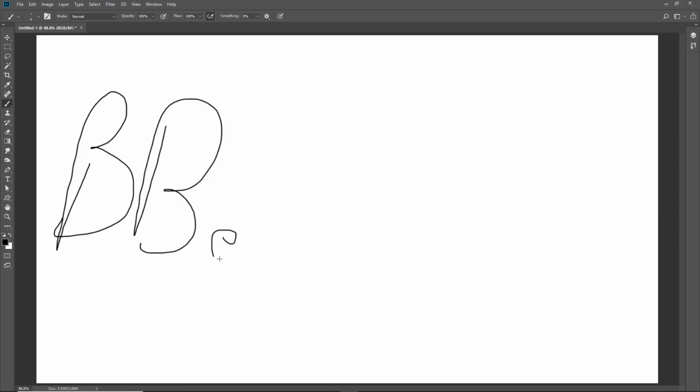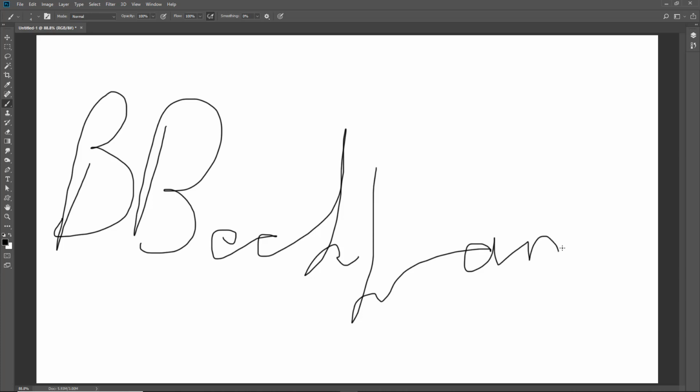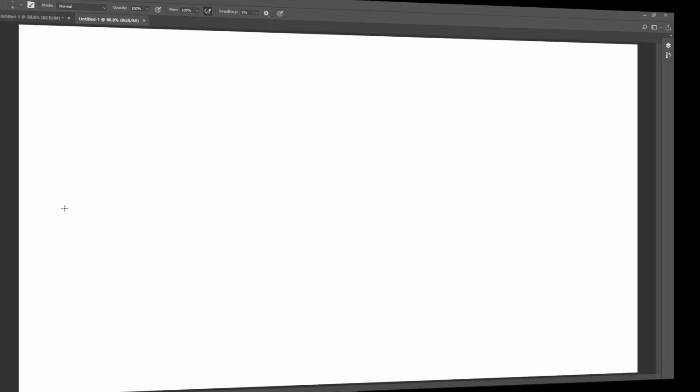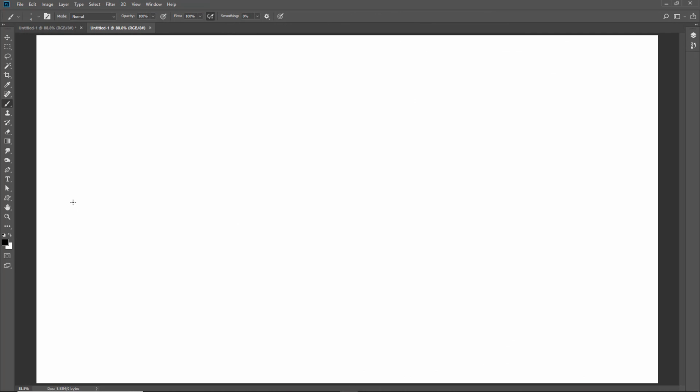Beckham, B-E-C-K-H. Whoops, that didn't look too good. But I'm sure if I did this a dozen times I'd get slightly better than that, but it's very childlike, isn't it? Now I've pushed the mouse aside, I've brought down my graphics tablet, my pen tablet, down into position,